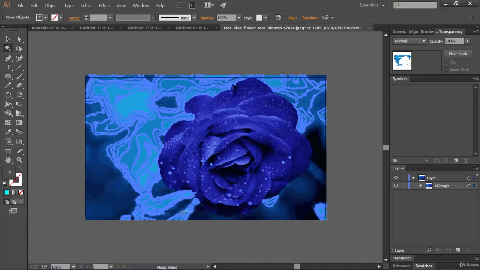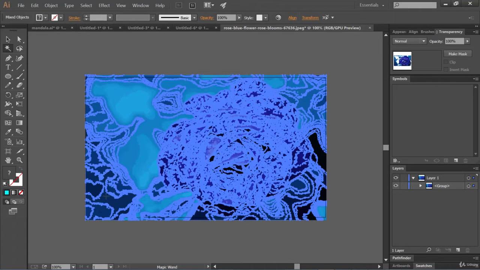You know why? Magic wand tool works like this: if you click at any point, it samples the color of that point and then it selects other parts of the image where it finds a similar kind of color.